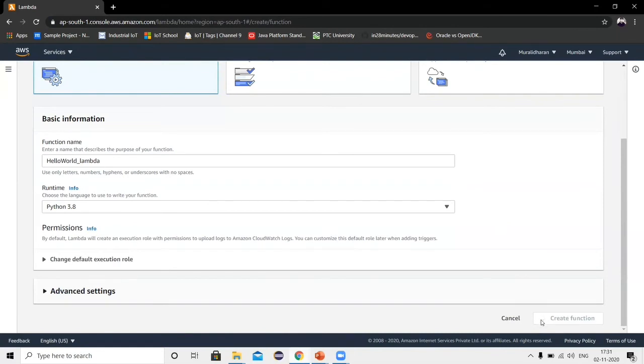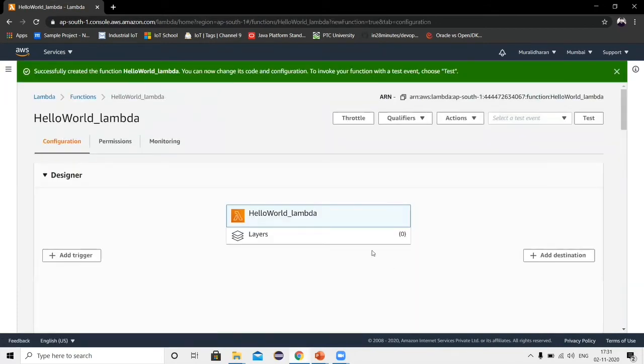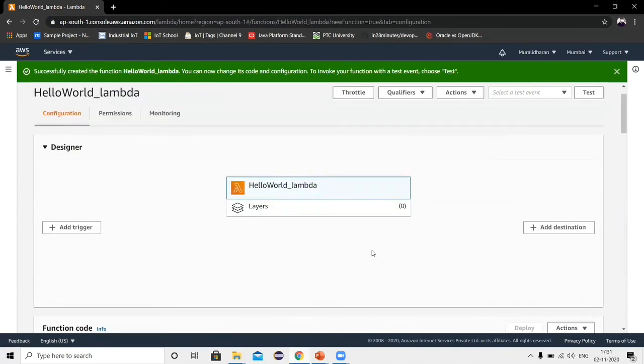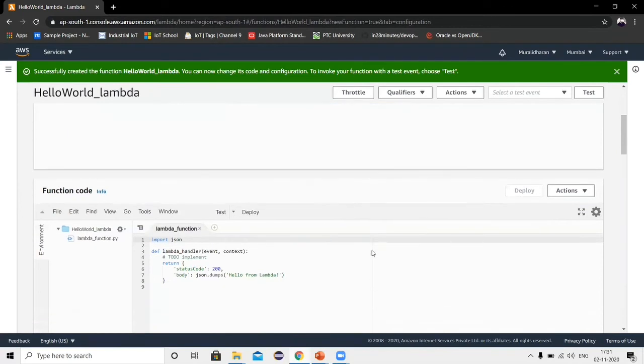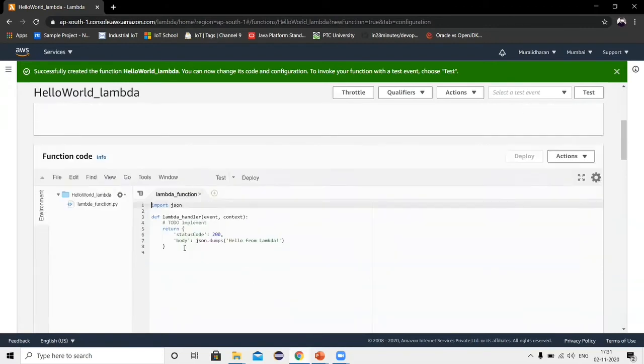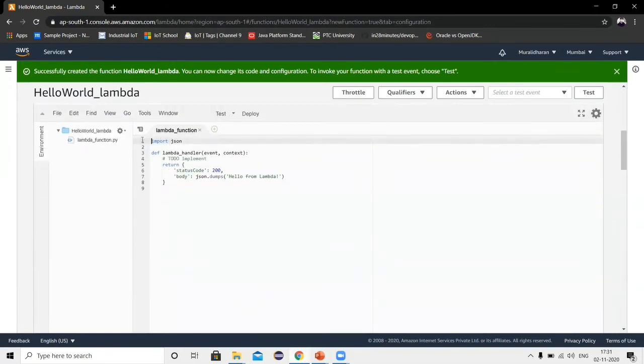Once it has been created, it will land on the Lambda service page. There we can write code to deploy into the Lambda service. This is our Lambda service project repository. If you scroll down, you will see the project hello world Lambda.